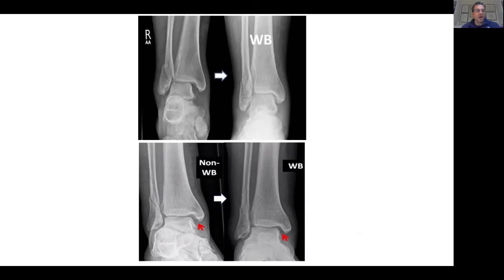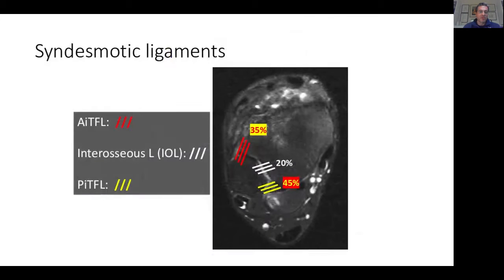But over the years, we have realized that there is something else going on. What is the difference between these two types of fractures? The difference lies within the syndesmosis injury. On the fracture you see on the top, the syndesmosis was intact, whilst on the fracture at the bottom of your screen, the syndesmosis was injured. So that ring was now clearly broken in two places, and the syndesmosis was not intact. That's why the second fracture is more unstable, let's put it this way, than the first one.